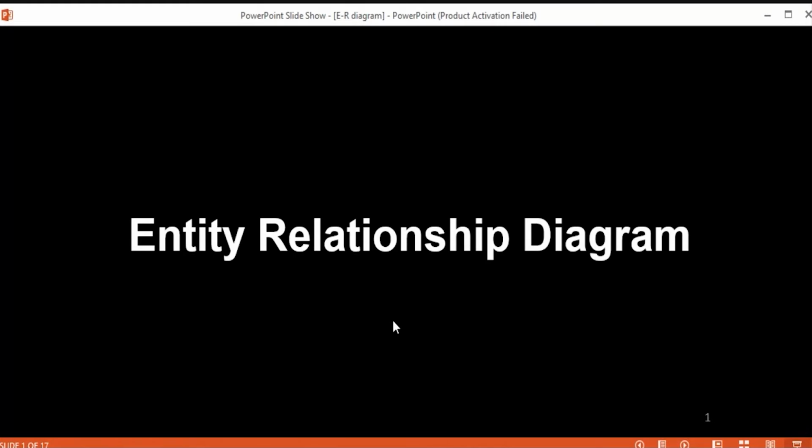Okay, so today we'll learn about these entity relationship diagrams. We'll learn how to find its entities and attributes, how to make relationships between those entities for the system, and how to represent that data model through this ER diagram.